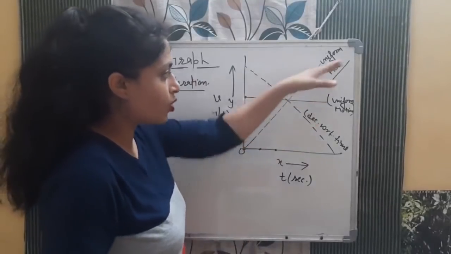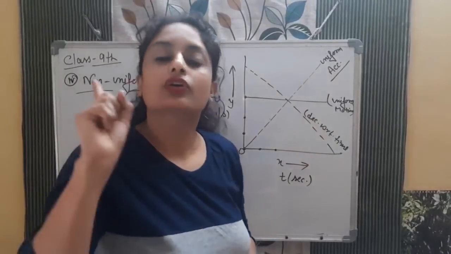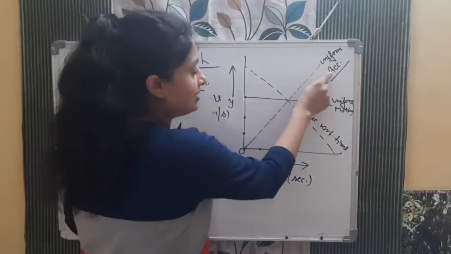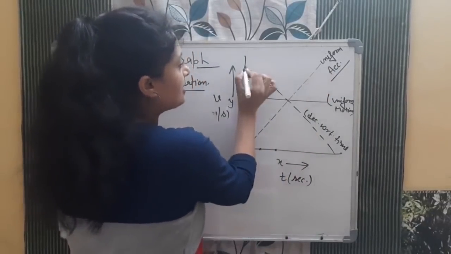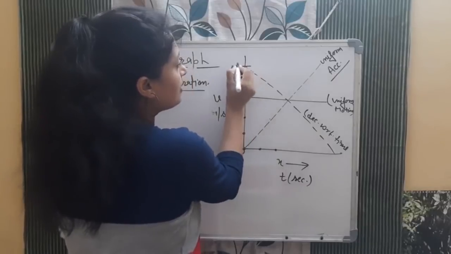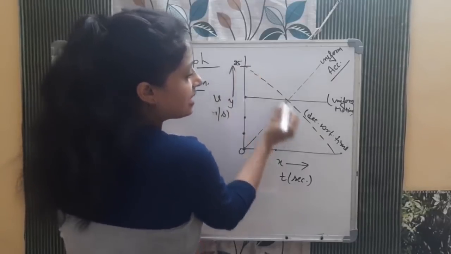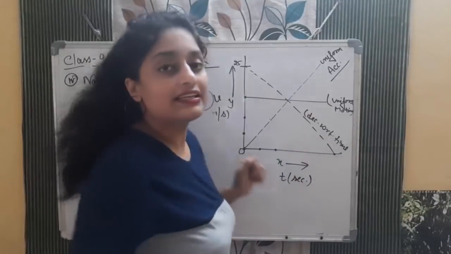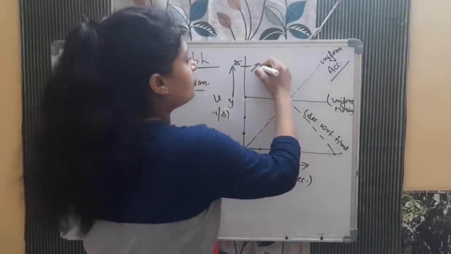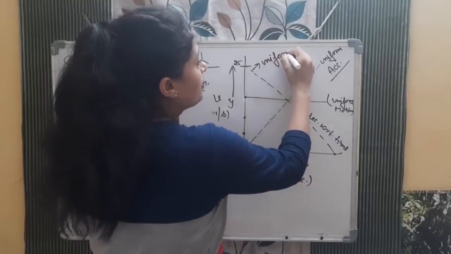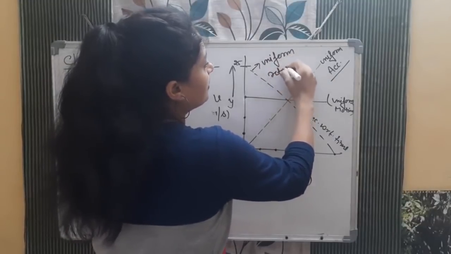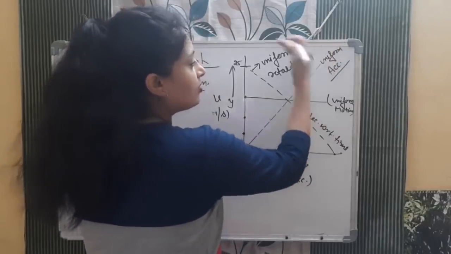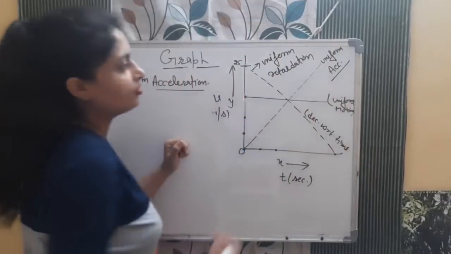Okay, both these cases are of uniform acceleration, but in this case velocity is increasing. In this case see, here the velocity was, for example, 25 meter per second, and here it became 0, suddenly the brake was applied. So this graph is decreasing, this is for retardation, I can say uniform retardation. Okay, I hope now you got it. Uniform retardation, understood? Going upside is uniform acceleration, decreasing is uniform retardation.